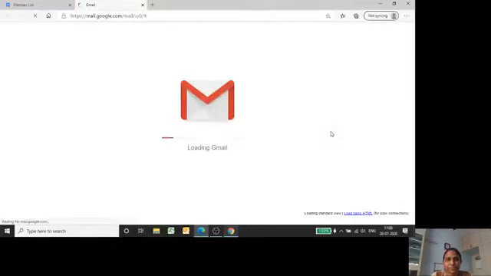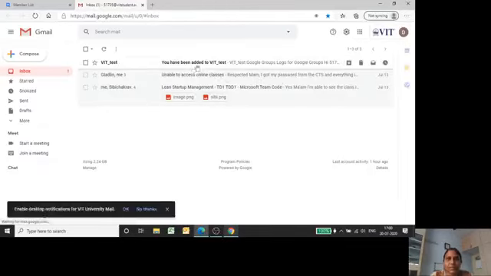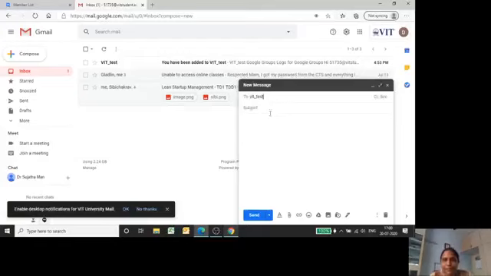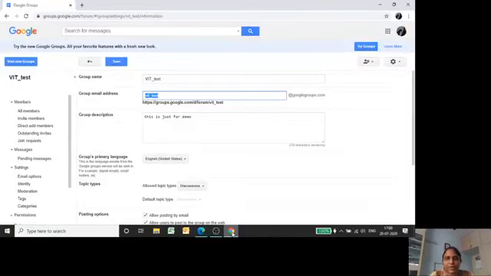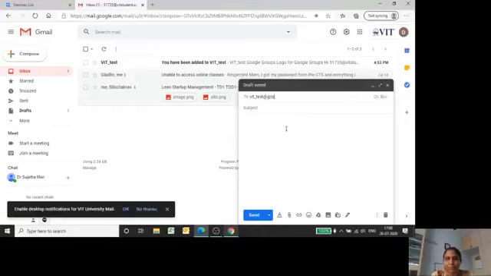See, this was the mail that I received as a student. Now as a student, I am sending this mail to that group email ID, VAT_test at Googlegroups.com.